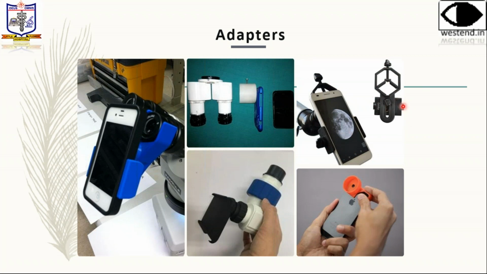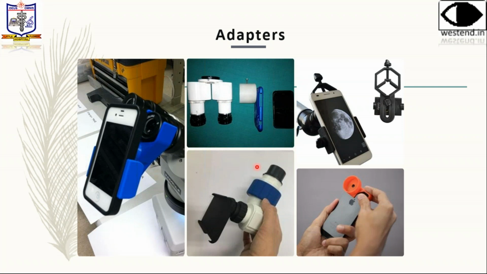You can adjust the phone holding part of the adapter, fix your smartphone, and adjust the adapter to fit the eyepiece of any microscope, surgical microscope, or several other devices which have an eyepiece. These are modifications. This is a smartphone cover which is fixed onto the back of a cylindrical plastic base which can be fitted onto the eyepiece. This is another plastic model which can be fitted onto the eyepiece. These have the disadvantage of blocking one eyepiece of the microscope.